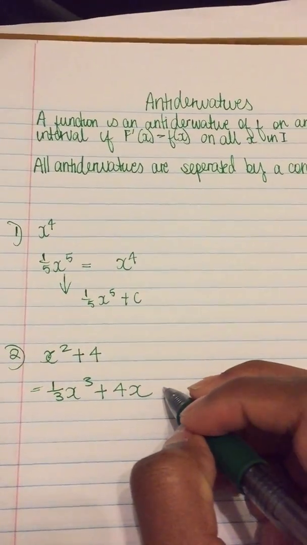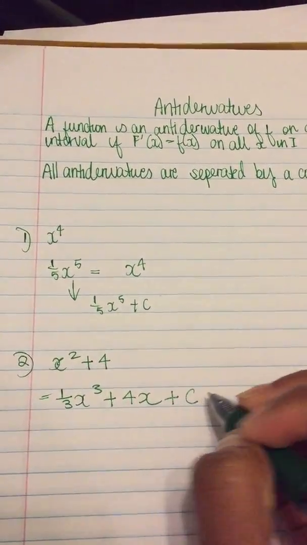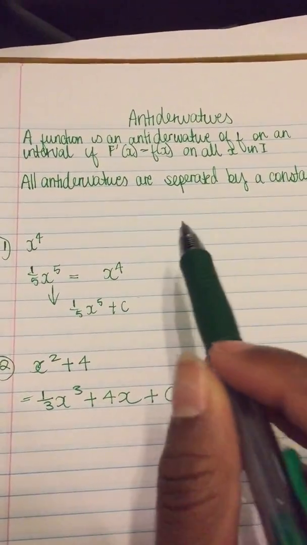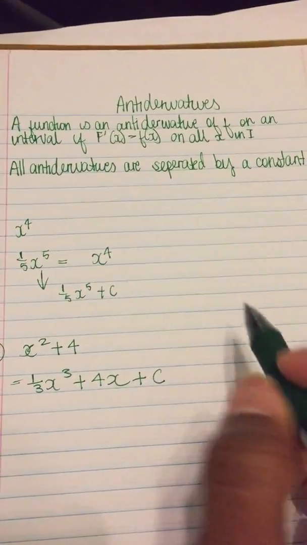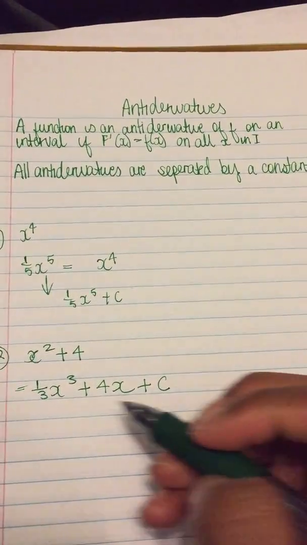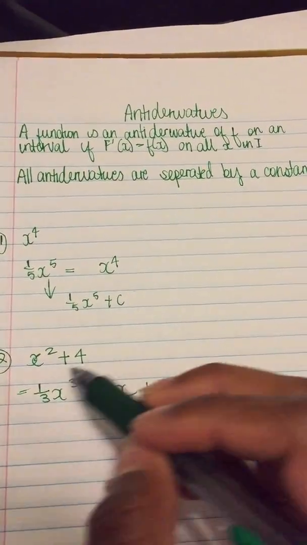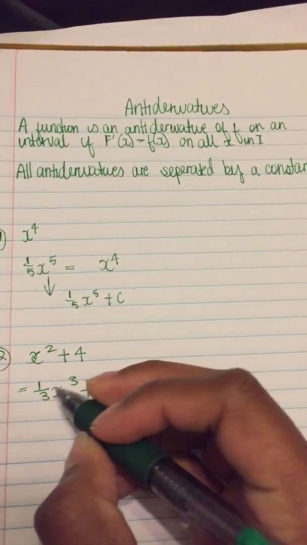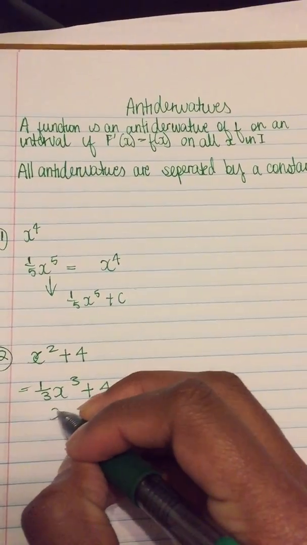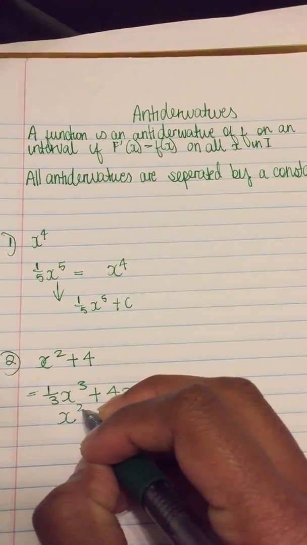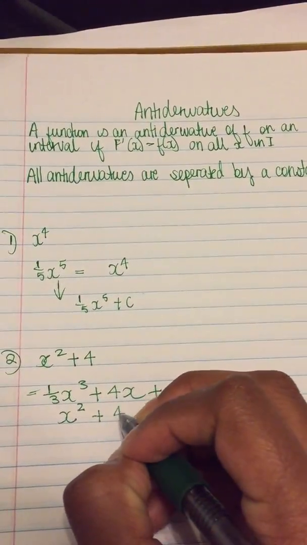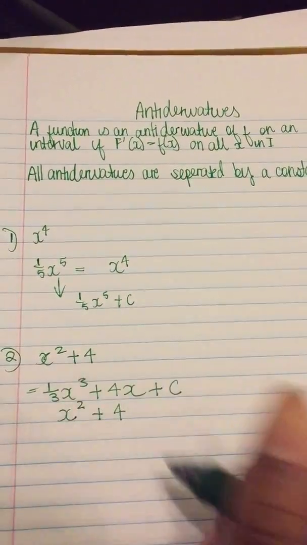So we cannot forget plus c because, like we said, all antiderivatives are separated by a constant. If we were to find the derivative of this to make sure it's right, it would be 3 times 1/3 is 1, x squared plus 4, and that would be our